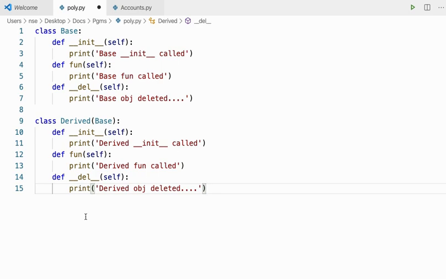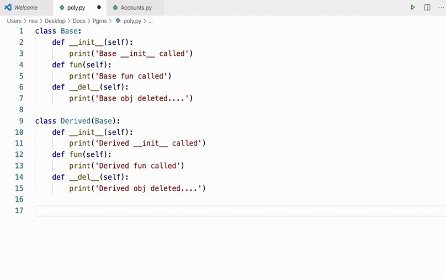Now here you can see a method called fun, right? So this fun method is there in the derived class as well as in the base class. Now which has the same signature, right? Which takes only one argument, that is self. The function name is fun. Here also the function name is fun. It also takes only one argument, that is self. Now here, when I have a function which has the same name and same signature in both base and derived class, then method overriding happens, right? So now here the method fun in the derived class and the method fun in the base class have the same signature and same name, right?